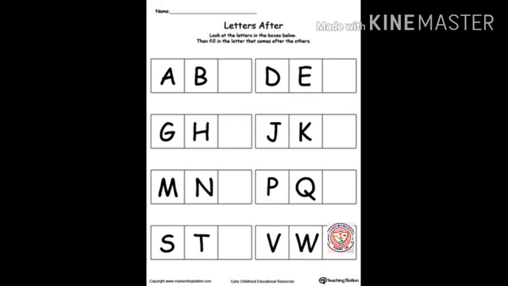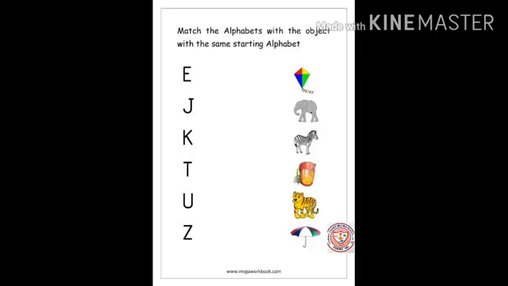Now this is also an interesting game. This is also the same. What comes after? A, B, then what comes? C. D, E, then what comes next? F. G, H, then I. J, K, then L. M, N, then O. P, Q, R. S, T, U, V, W, X. So quite an interesting game. So now moving on to another one.